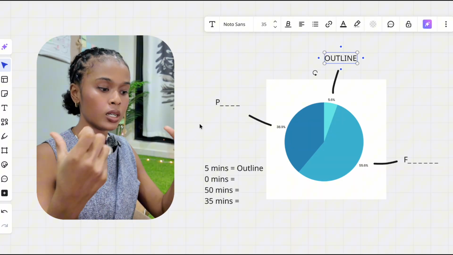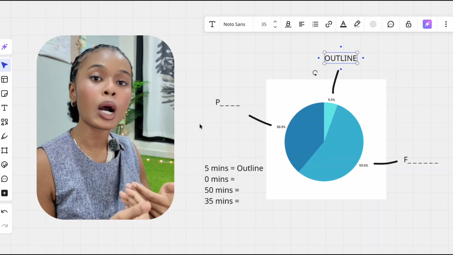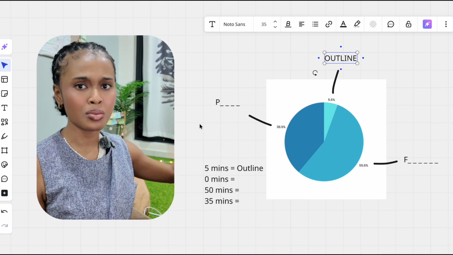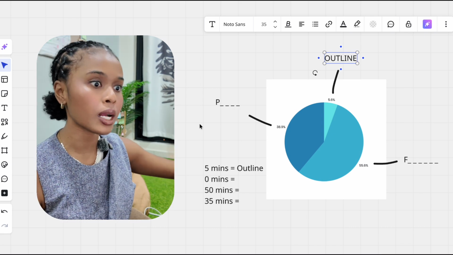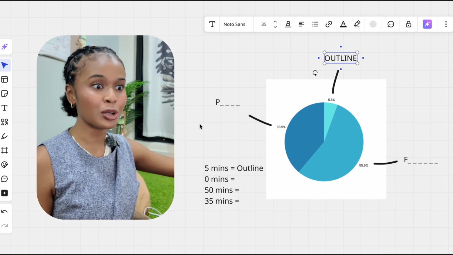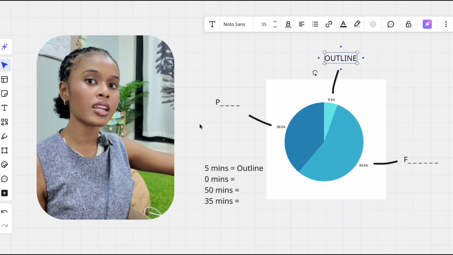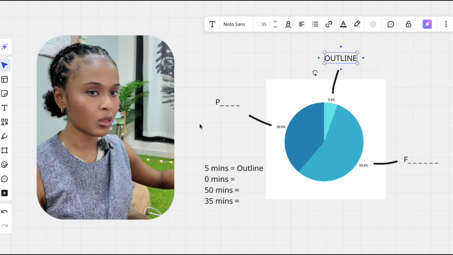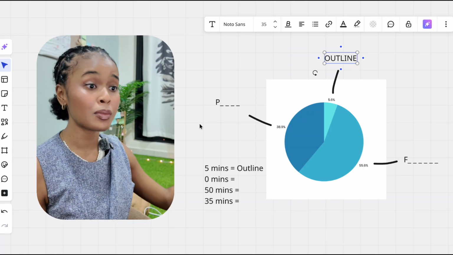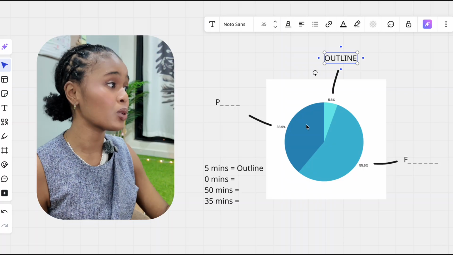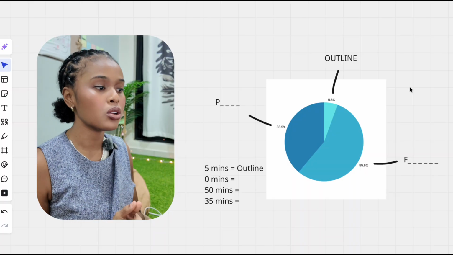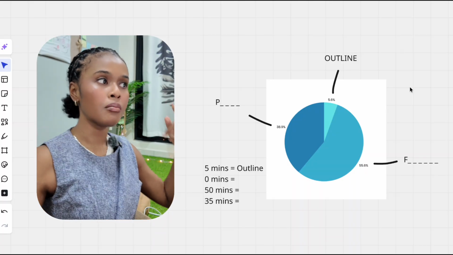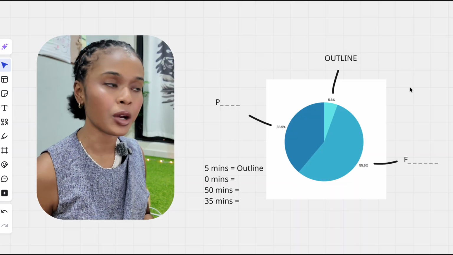Now it's time to actually make that water useful by putting it in a water bottle so that we can use it. Maybe we can distill that water, it can turn to drinking water. Maybe we can use it to fill up our aquarium, whatever that is. But water has way more use when you put it into a container. It's the same thing with feminine energy. And I know I went a little bit on a rant here, but it has exactly to do with outlines. Outlines allow you to do that. It allows you to have structure to your ever-flowing mind when it comes to your creativity, okay?